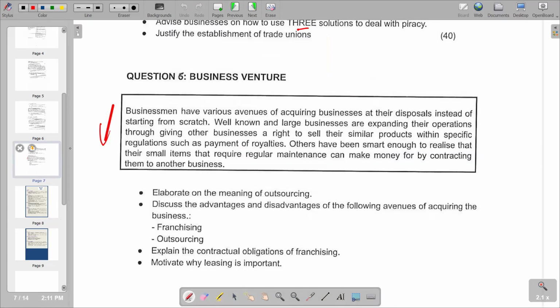And on the second part, we are being told to discuss the advantages and disadvantages of the following avenues of acquiring a business. So we've got franchising and outsourcing as the avenues of acquiring a business. So we can start by going through franchising, whereby you're going to come up with advantages and disadvantages of franchising. But basically, franchising is a strategy of business expansion, whereby